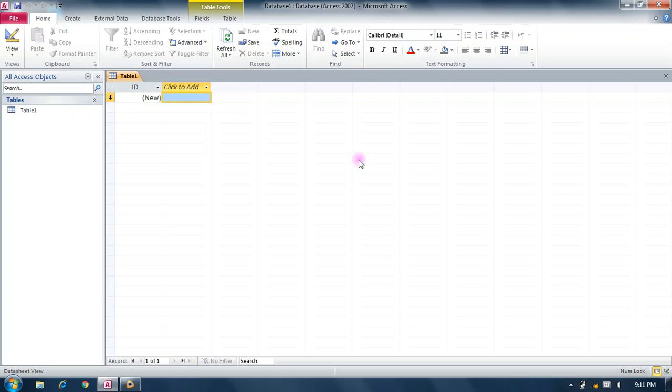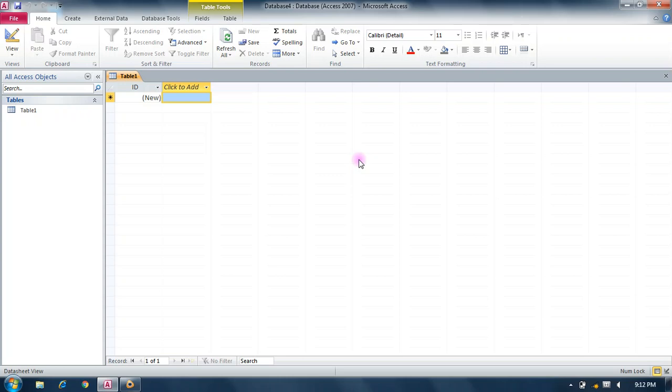If you are entering text as data, up to 255 characters can be typed in a cell, or you can store it in a table.